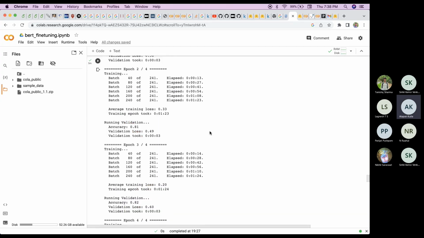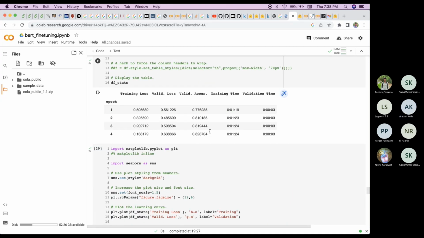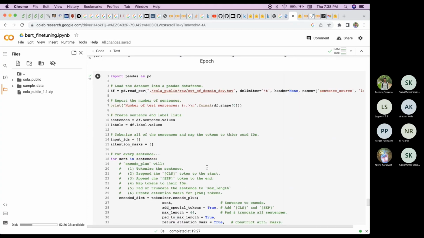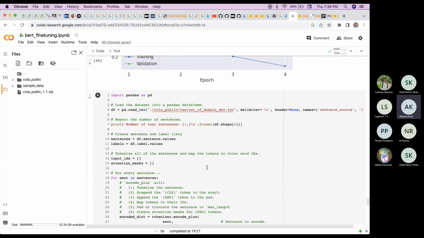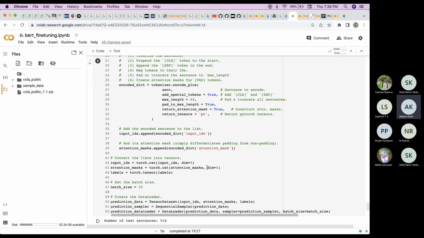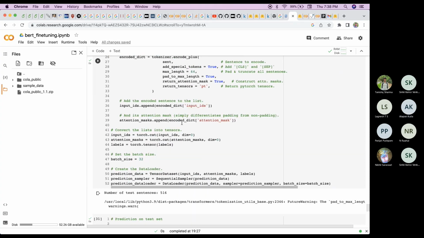After that there is how the training and validation loss is changing. Then getting the accuracy on the test data set. In the test data set also you have to do the tokenization, and then there is